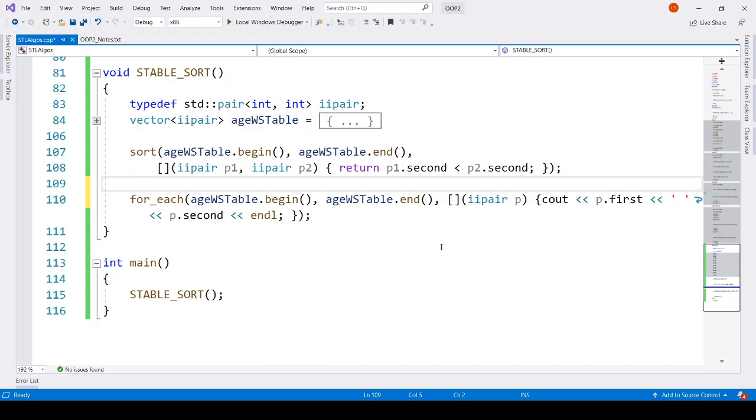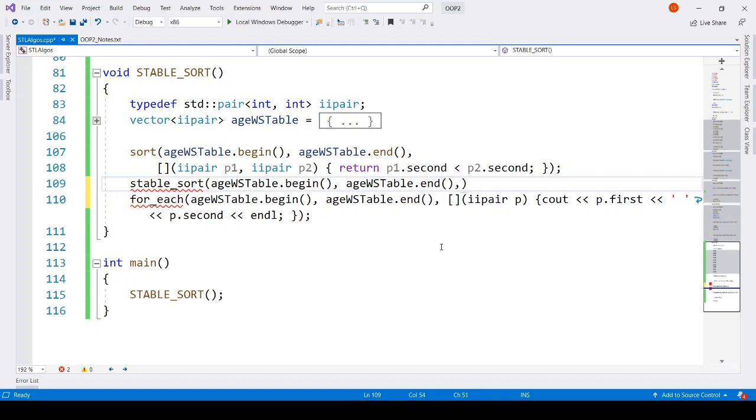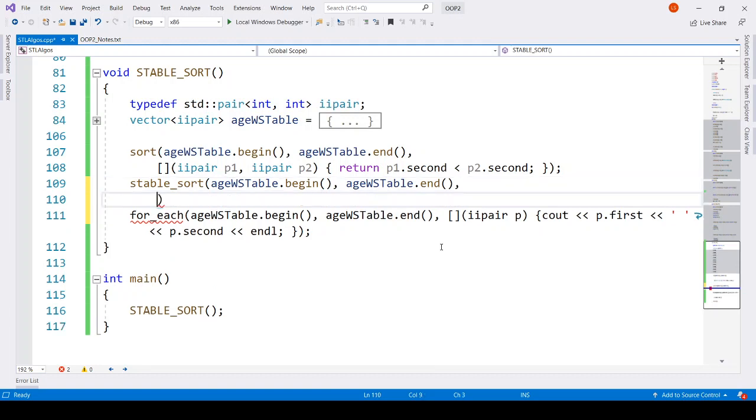Okay, let's reuse it. Now we want to do a stable sort on this collection. Again it takes the same vector begin and end, and now it takes the predicate. This time we want to sort the pair using the first property, age, because we have already used the second one.